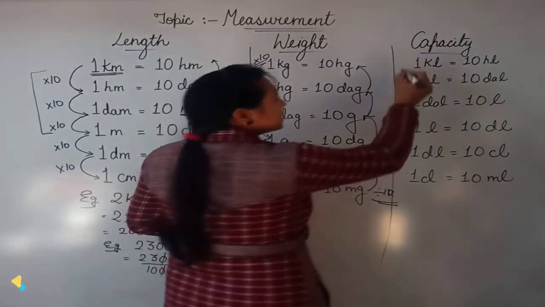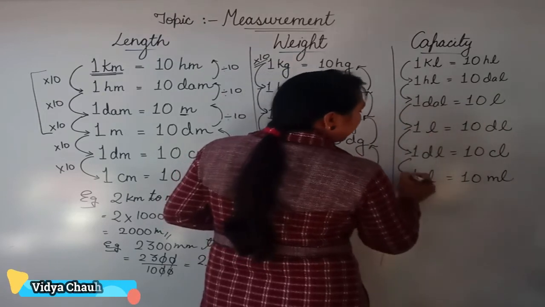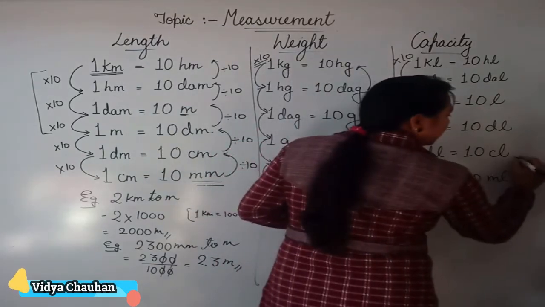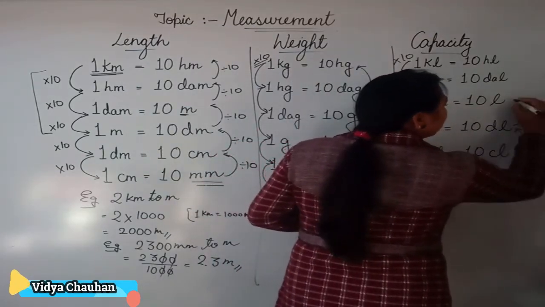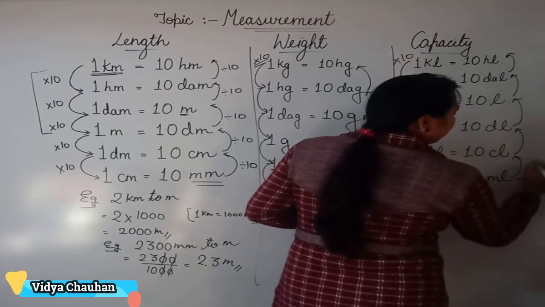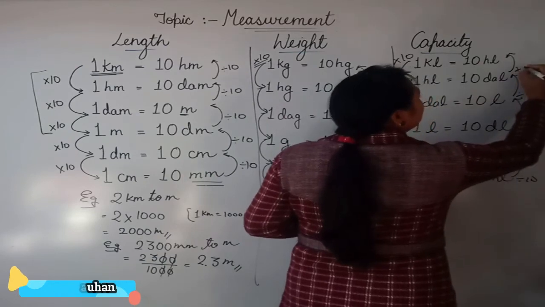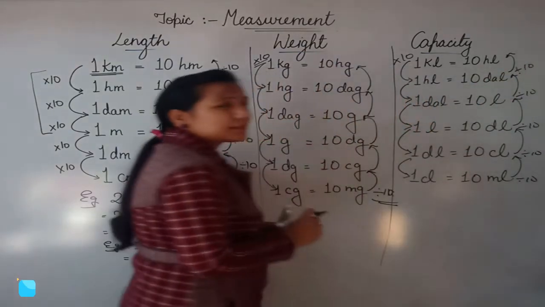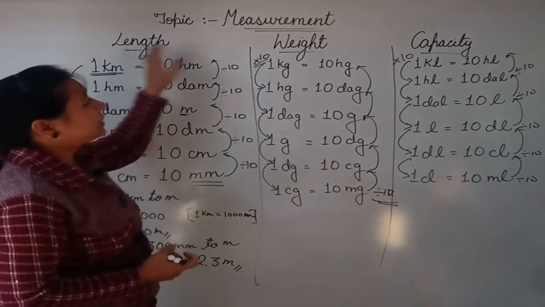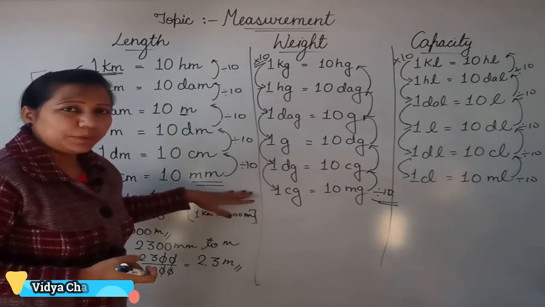Once again, this process is the same. When we are converting a bigger unit to a smaller unit, multiply by 10. And when we are converting a smaller unit to a bigger unit, it will be divide by 10 in every step. Divide by 10, divide by 10, divide by 10 and divide by 10. Like this. Clear, students? So I hope this conversion of length, weight and capacity and the metric table is clear